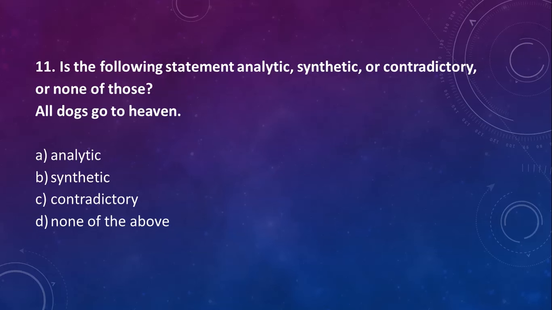I have a question. How do you know that all dogs go to heaven? It could be that some dog could go to hell, in other words. Sure. If we're admitting that dogs going to heaven is conceivable, that it's not a logical contradiction, then it's not a logical contradiction to say that not all dogs go to heaven. So either way, it's a synthetic statement. So even if it doesn't matter if it's true or false, the category is synthetic.